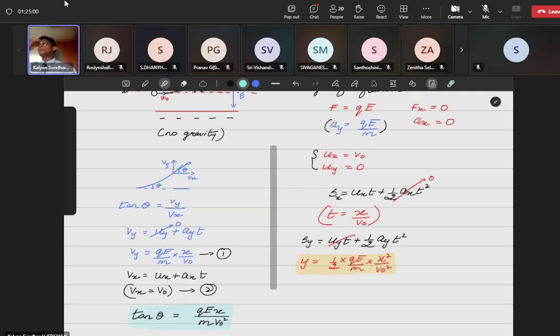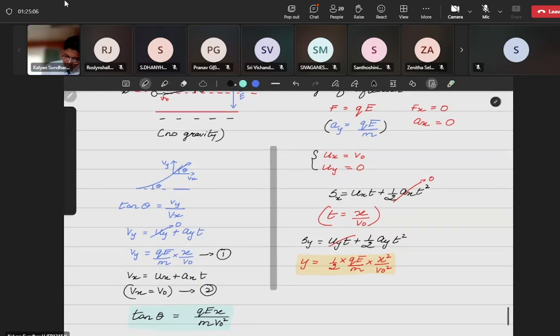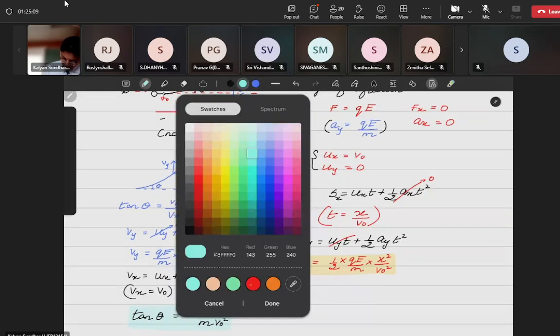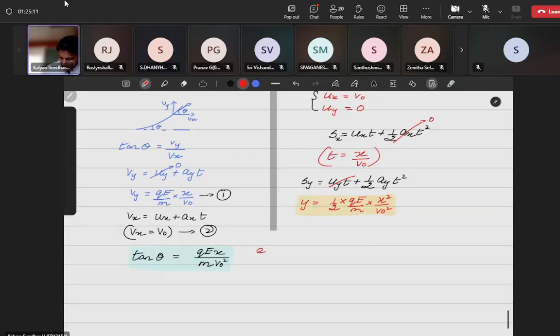Right? So sometimes they will give the e by m ratio. The e by m ratio is your charge versus mass, the ratio of charge to mass. So after finding this, they will ask how the deflection will be. So this is your deflection. So e by m, q by m value. Correct? Small q denotes the charge, not the electric field. Capital E denotes the electric field, right? So if e by m is higher, then your deflection will be